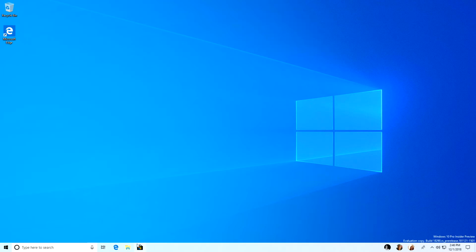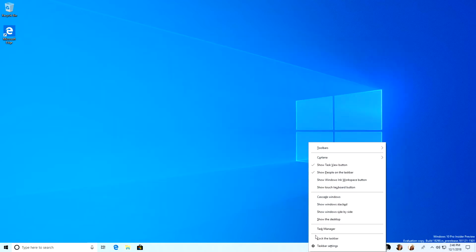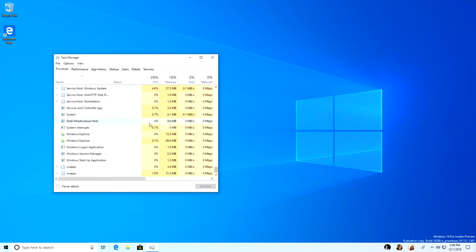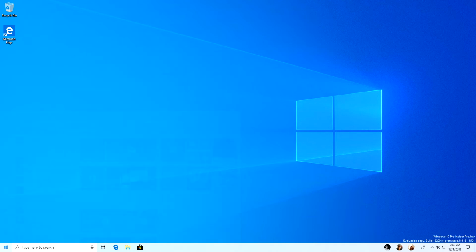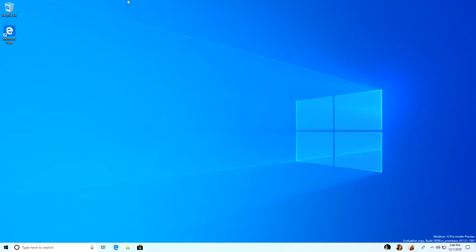It's a stable build, but it still has this issue with File Explorer. When I close File Explorer, it will still show it in Task Manager, one of them with 0 CPU being used, so I have to end it. Another really bad bug, at least for me, is that when I start a VM in VMware Workstation,